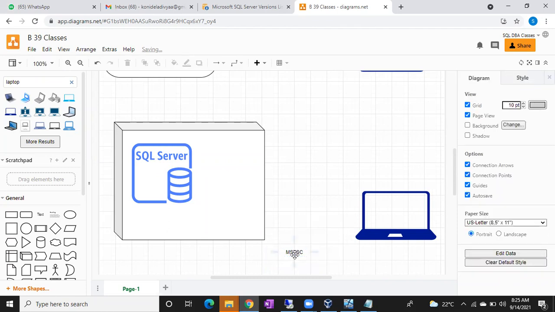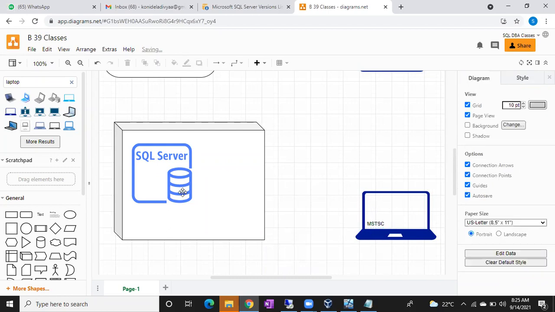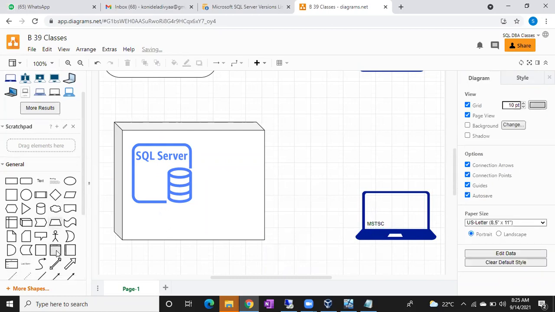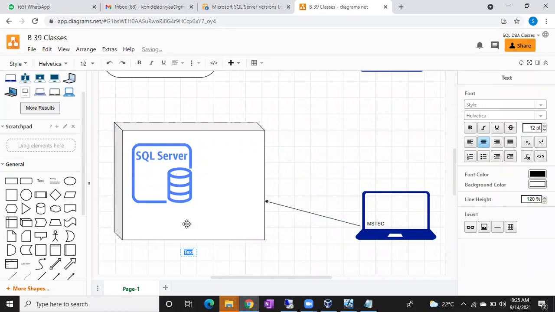Or Remote Desktop, anything is fine. You will type MSTSC or remote here so that you can directly enter into this machine from your laptop. Imagine you are a DBA. In MSTSC, you give the server IP address.